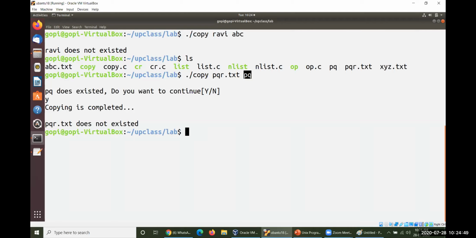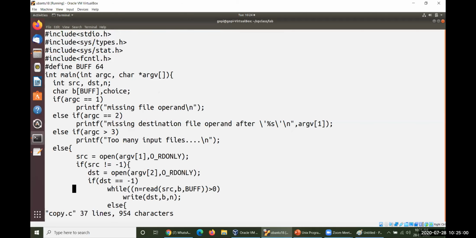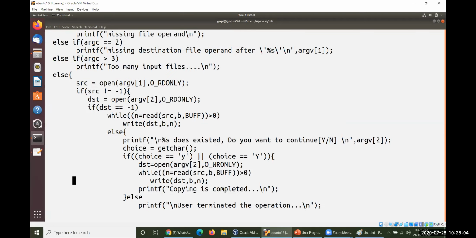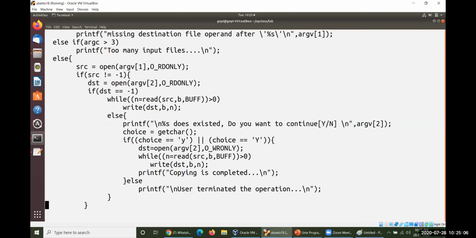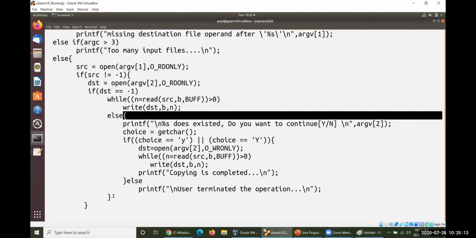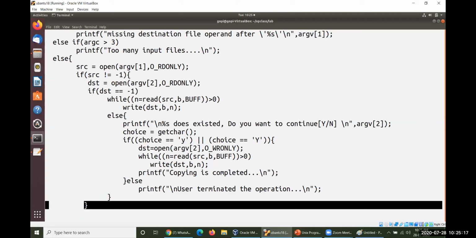So PQR does not exist. One more time, it has been displayed. Let me check it out. One more time, it has been displayed here. Not equal to. Open and closed braces are continuously making some kind of sense here. This is closed here, this else part is closed here, and this SRC has been closed here. Then yes, we wrote something.